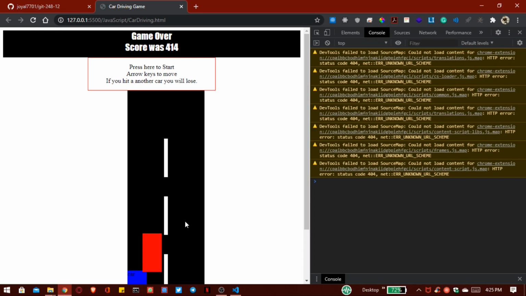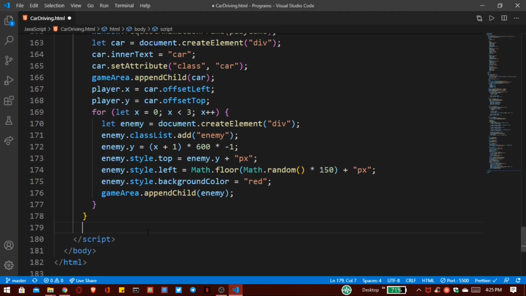Now the time has come to add random color to our cars, because you can see there is only one color, that is red. So for that I create a new function, that is random color. Inside that I create another function, the name is totally up to you.